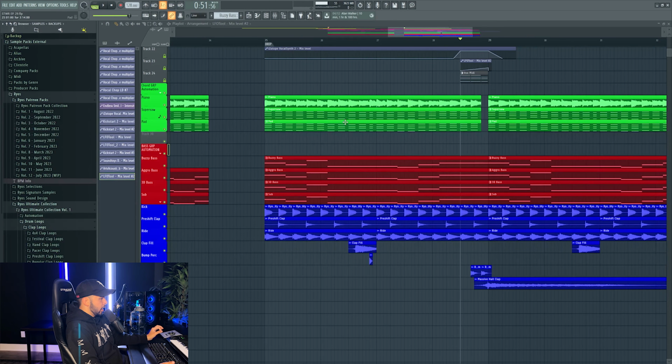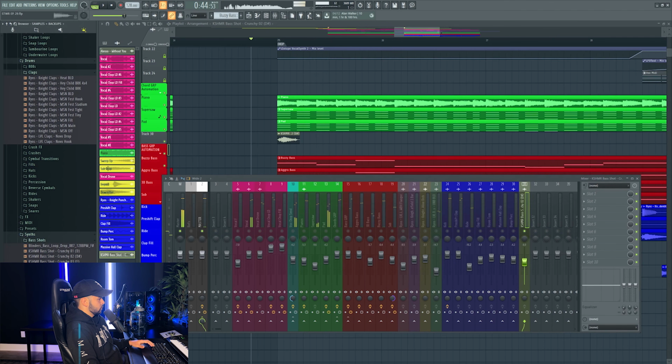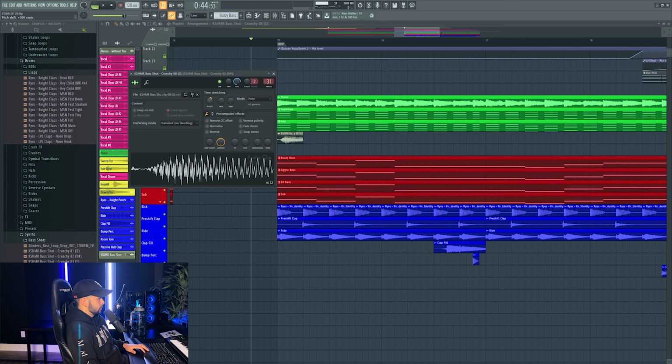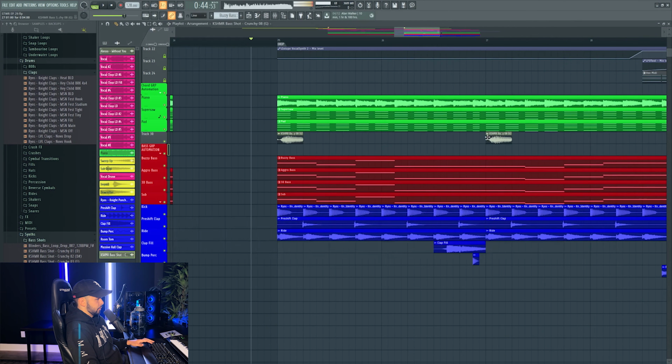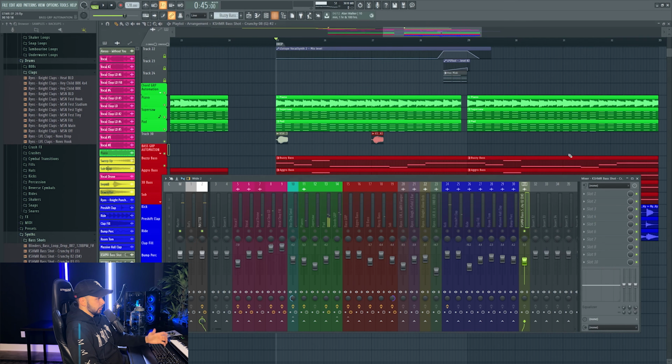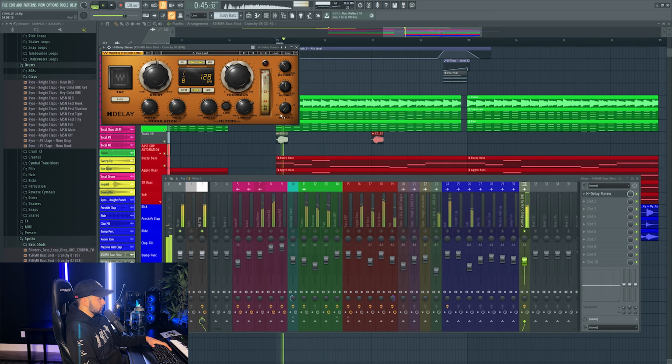I love that. All right, and then the next thing that I wanted to try adding was some stabs of some sort. So whether that be a brass stab or a bass shot, something like that. All right, so 1, 2, 3, 4, 5. Now for these stabs, I really want them to be spacious. So we can process them with reverb and delay. Start with delay first.